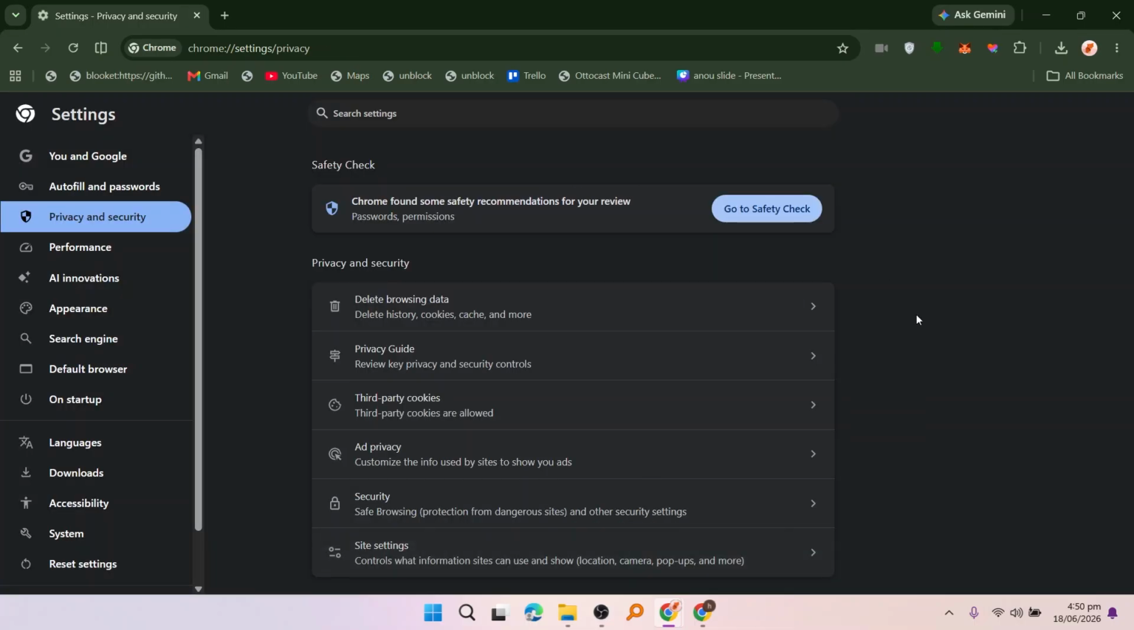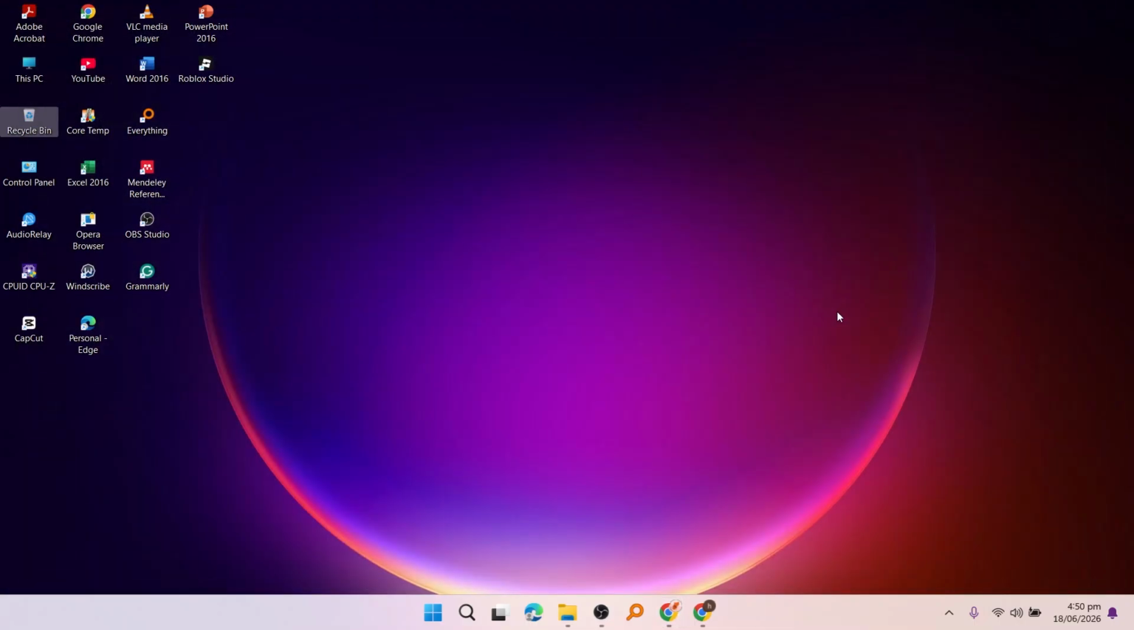Once everything is complete, close Chrome and restart your computer. After restarting, open Google Chrome again and try accessing Instagram. Sign into your account and check whether the issue has been resolved. If you're still having trouble, make sure any VPN, proxy, or network filtering software is disabled, as these can sometimes